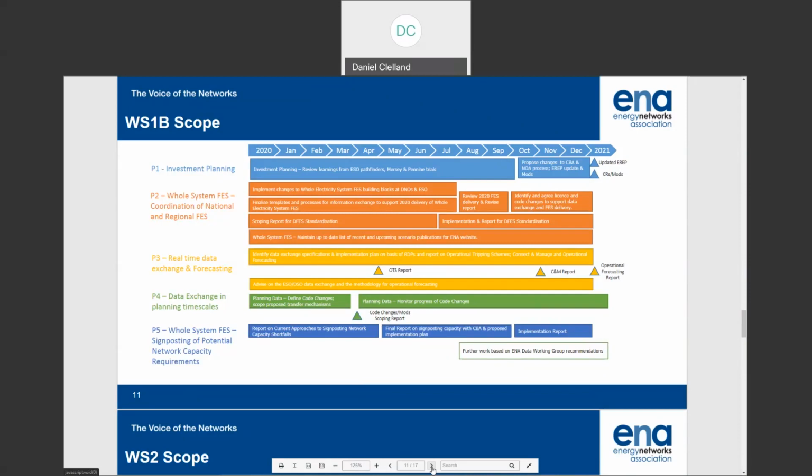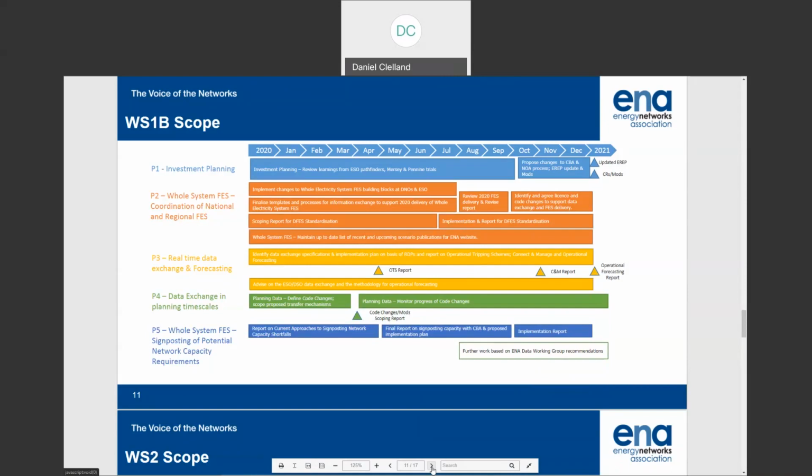And I'm going to jump to the bottom as well, which is another new area of work, which is around signposting of potential network capacity requirements. So what we recognize is that there are inconsistencies on how network operators are currently signposting network capacity shortfalls and potential system needs. So what we're looking to do is to provide some consistency and standardization for that across network operators.